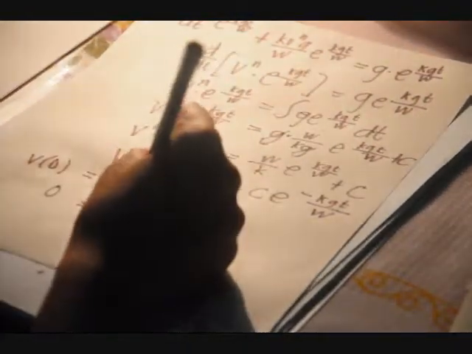So we have v raised to n is equal to W over k plus C times e raised to negative kgt over W. Subject to v of 0 is equal to 0, we have 0 is equal to W over